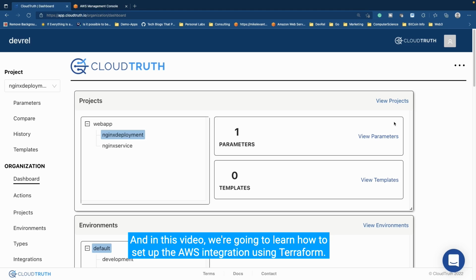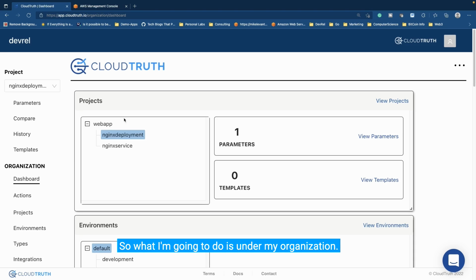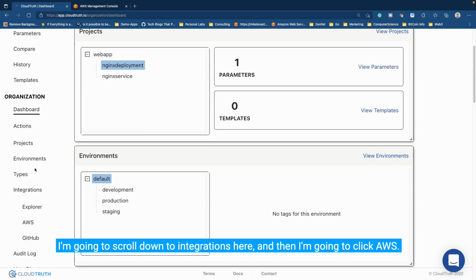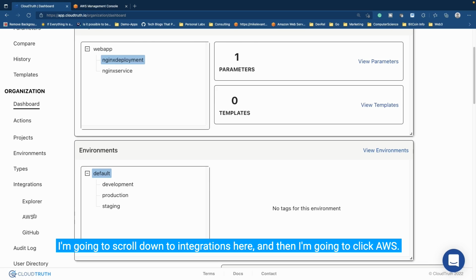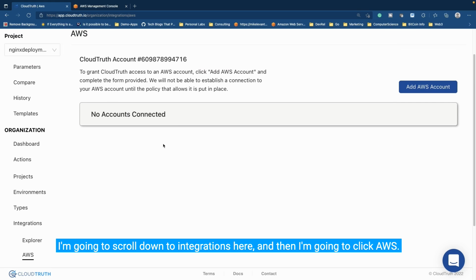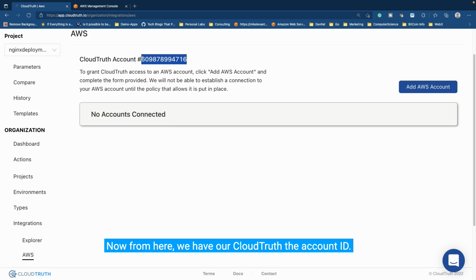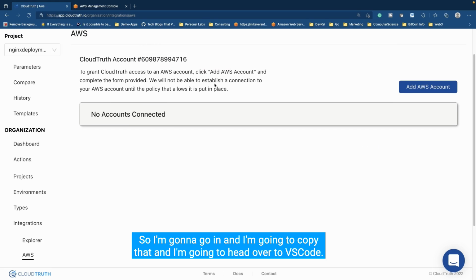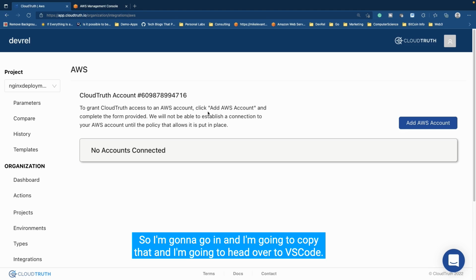AWS integration using Terraform. So what I'm going to do is, under my organization, I'm going to scroll down to integrations here, and then I'm going to click AWS. Now from here, we have our CloudTruth account ID. So I'm going to go ahead and copy that, and head over to VS